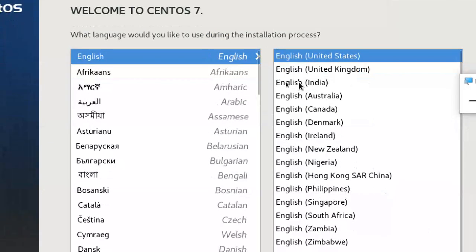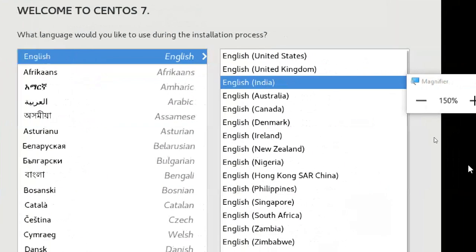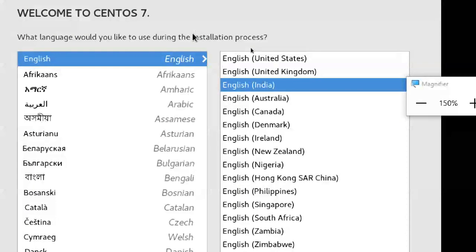Language is English, India. So this is the pre-installation step, guys. For any operating system you are installing, first it will ask language, keyboard, time zone. These three things are important.